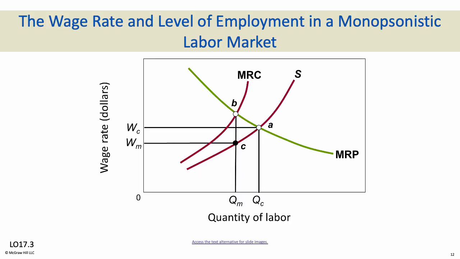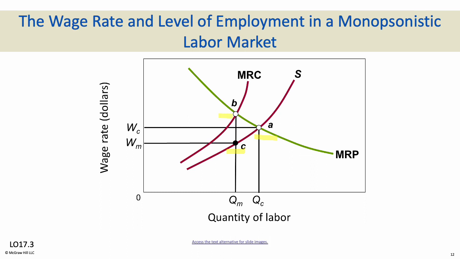So if we look here, the upsloping labor supply curve is shown. MRC, the labor supply curve of the monopsonist, lies above the labor supply curve of the competitive market, or S. The monopsonist will hire quantity M workers and only pay a wage rate of WM, compared to the market wage rate of WC. So this is the original market wage rate where MRP intersects the supply curve. But in this case, as this is a monopsony, they're paying less than the truly competitive wage rate because they are the only game in town. So they're going to hire more than the competitive market would.